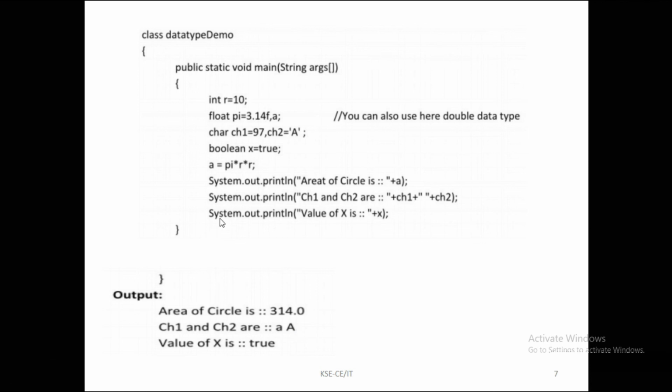Okay, next thing is System.out.println("Value of x is :"). The same string is shown on our output screen: the value of x is colon. Then x = true, here we write true. The answer is true. If I write x = false in a boolean data type, then my output of the value of x is false.